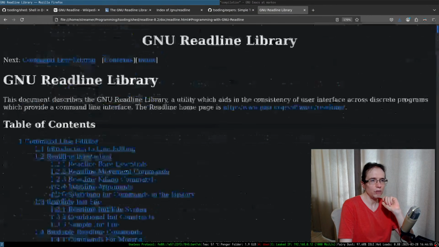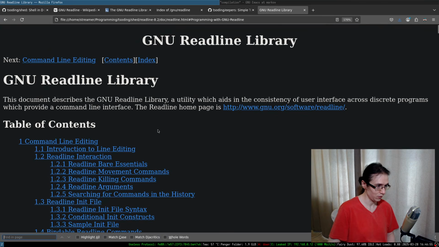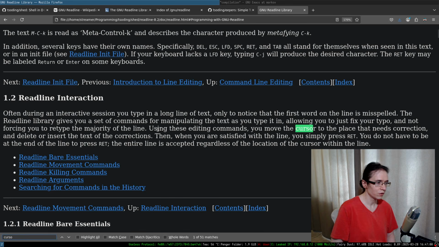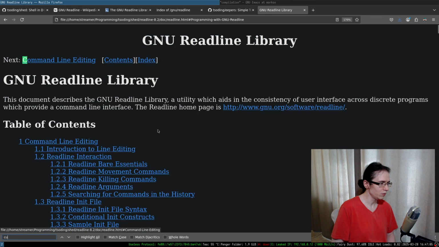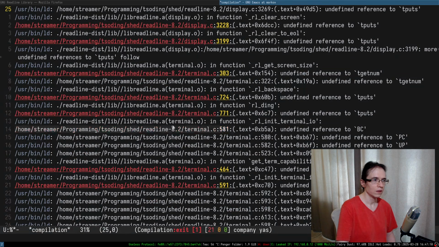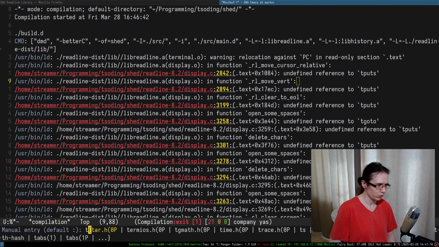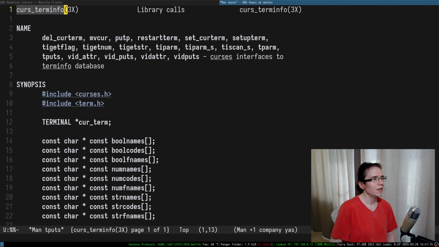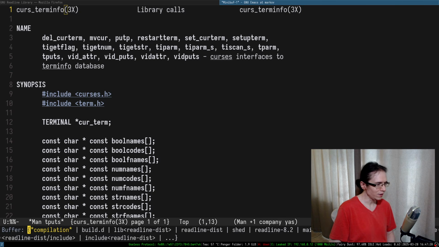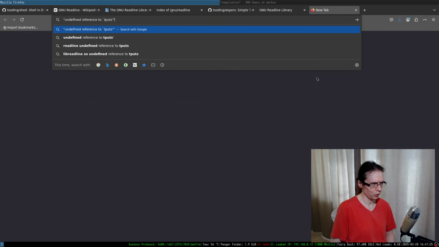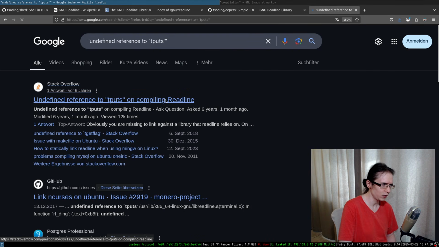So do they mention anything about linking? Right, so link. No, curses. They don't mention curses, honestly. I'm not quite sure. So tputs, this is a curses function. It's a curses terminfo function. One thing we can do, by the way, is put that into Google, or maybe an LLM, whatever, and it should actually